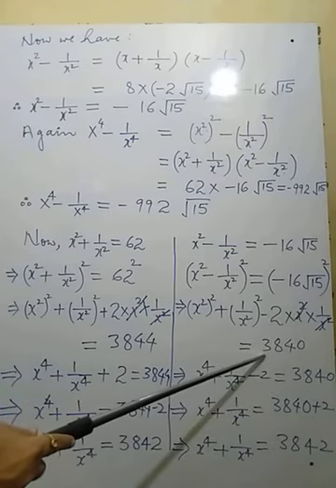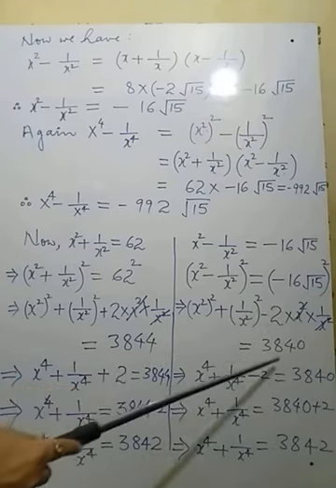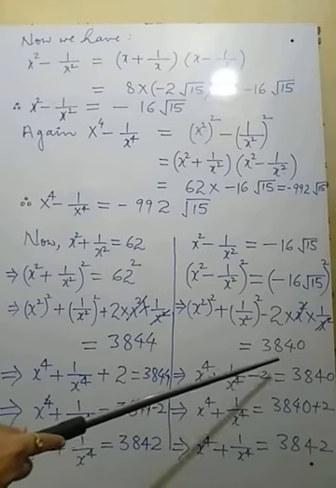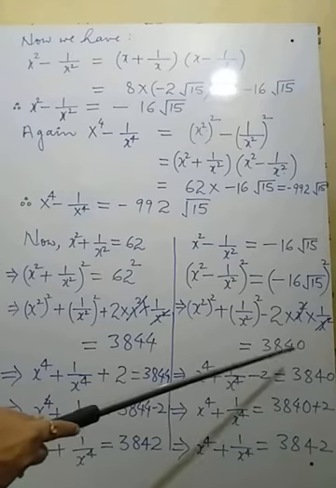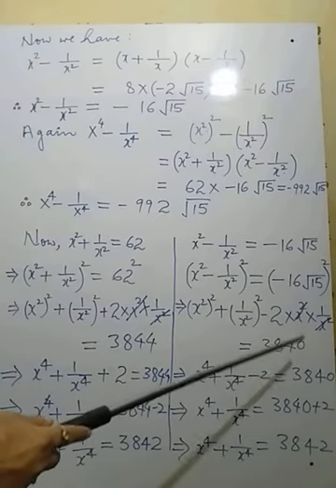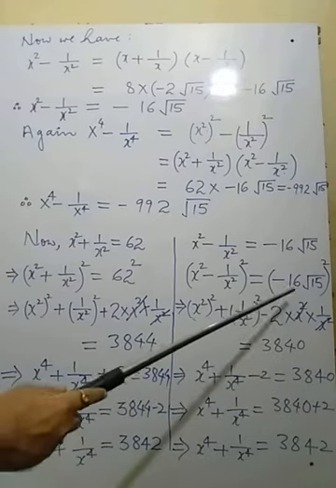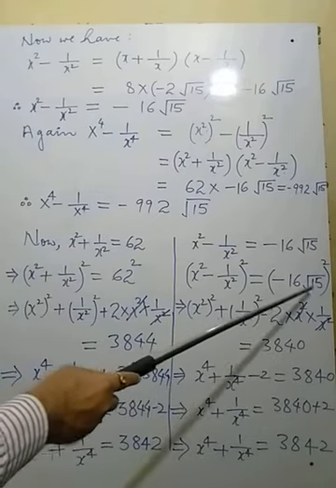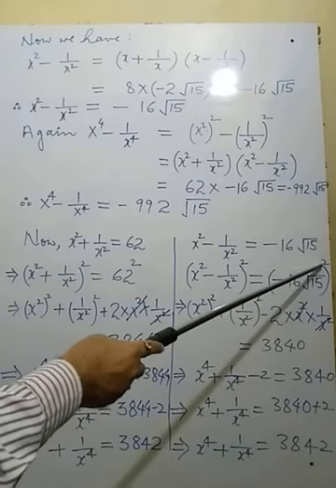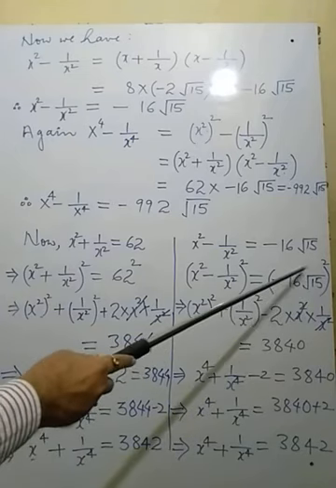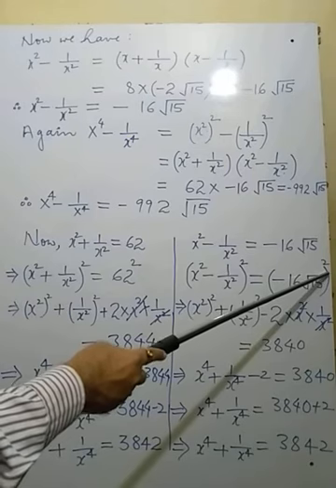So ultimately you will get the square of this one as 3840. It is your work; you will calculate it. Directly you will not write here. You have to multiply 16 into 16 into under root 15 into under root 15, because the square is there. It will be the square of 16 and the square of under root 15 also.